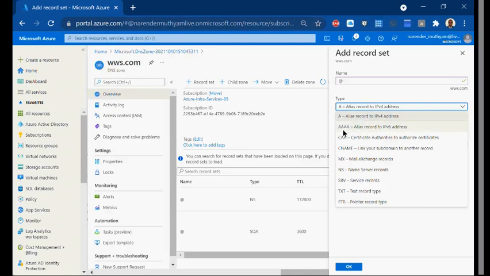Different types of records are there here. A record, AAAA record, which is for IP version 6. And CNAME. CNAME is a canonical name, we call it an alias name for your site. Like MX record, the mail exchange record, name server record, service record, TXT record, PTR record. These are all part of your DNS records. Every record will have one purpose here. So you need to go through the significance of these different types of records, then you'll get an idea. But mostly we will use CNAME, A record, and TXT record.